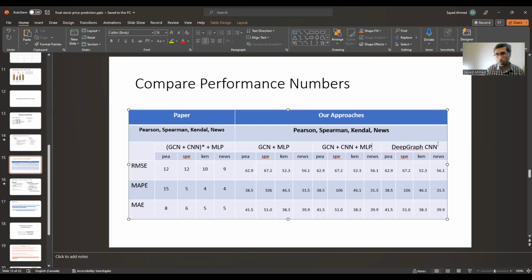This is deep graph CNN, right? Now, I actually took this number from my implementations, right? I just copied and pasted. I think I wanted to create the template layout and wanted to make sure that I have the right size cell in it. So I just created the layout where this data is from the actual experiment. These are just copies, right? So you can say this is 12, mine is 62.